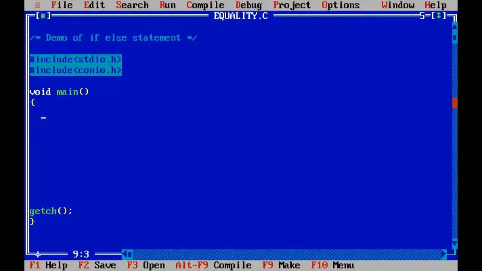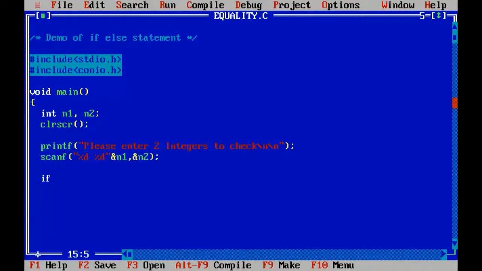And friends, in this program I'll be demonstrating the if-else structure to check the equality of two numbers which will be inputted to the program. I'll check whether the two incoming integers are equal or not. For that I'm going to use two variables for storing the two integers. First I'll use the if condition part of the if-else statement.